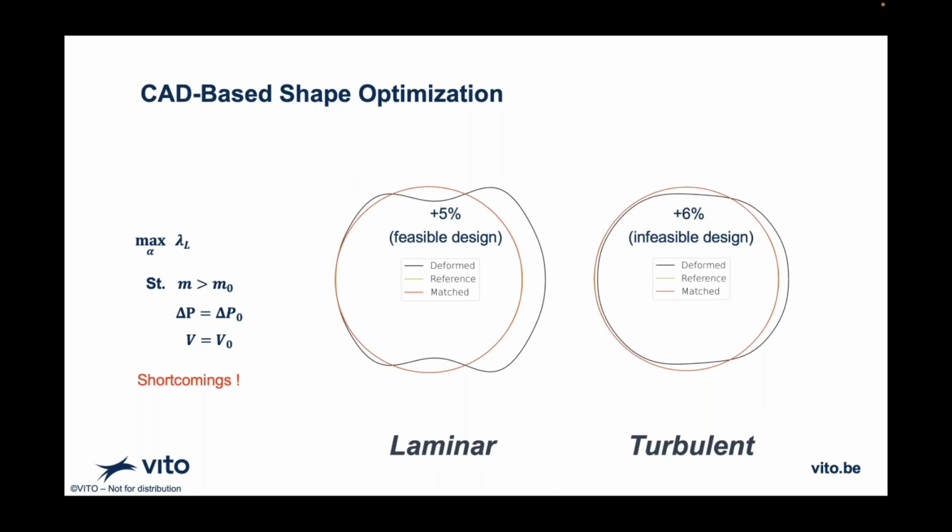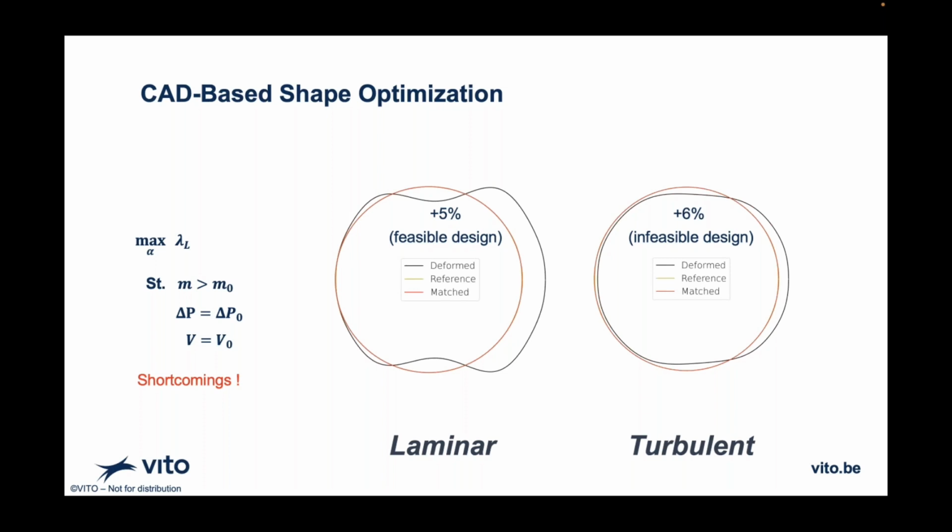And obviously, once we have done that, we would like to look at the optimization. So over here, I'm using a CAD-based parameterization, very similar to what Prahash has mentioned. And we are running for two different flow regimes. One is the laminar, the other one is the turbulent. And you can see it gives a shape which looks a bit similar to what Prahash showed in the previous presentation. And for the turbulent case, also you see a bit of an elongation in